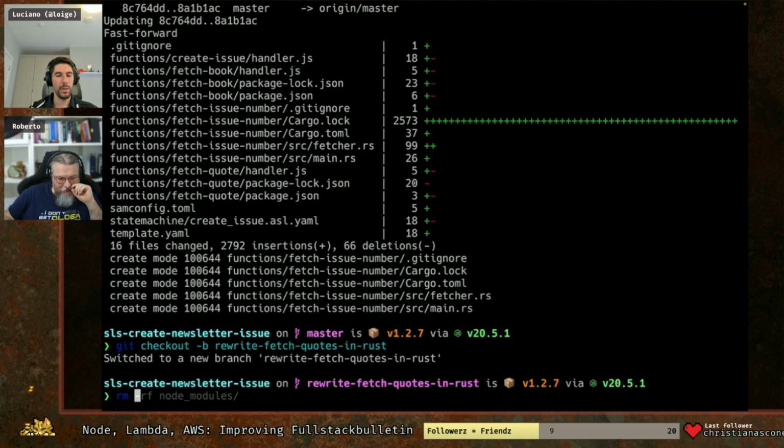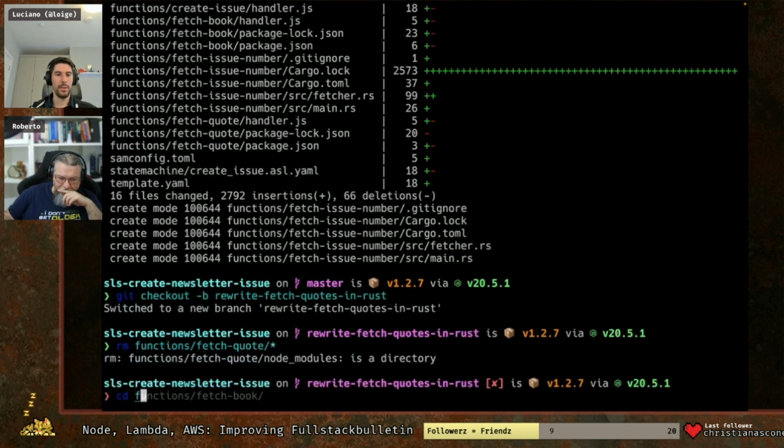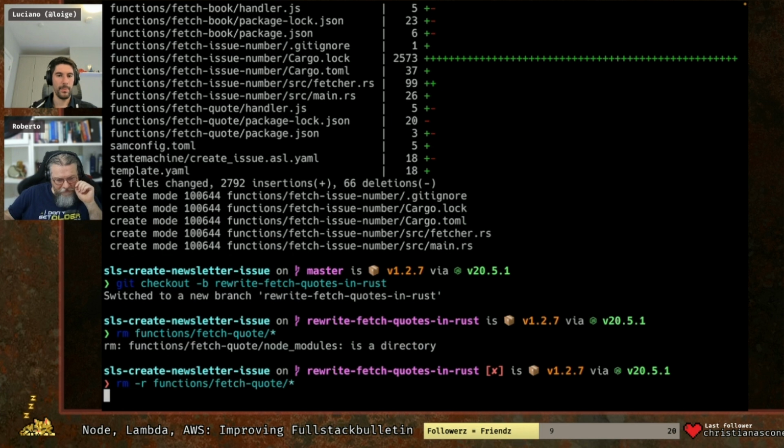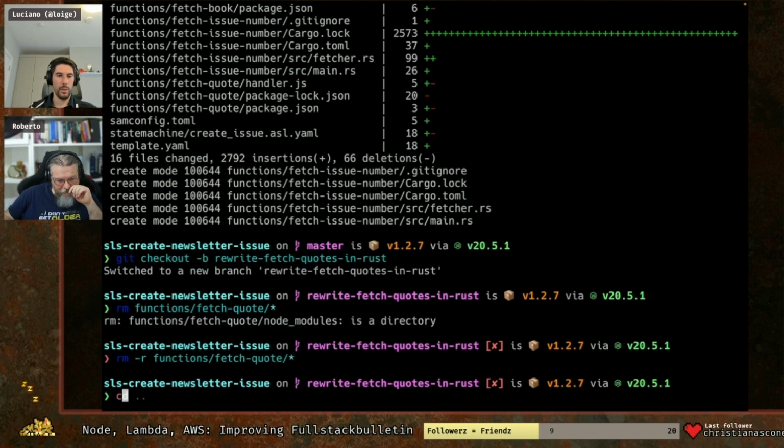We could rm the functions fetch folder contents, so we keep the folder. Oh, I forgot the modules. Okay. Now we can go to functions fetch quote,